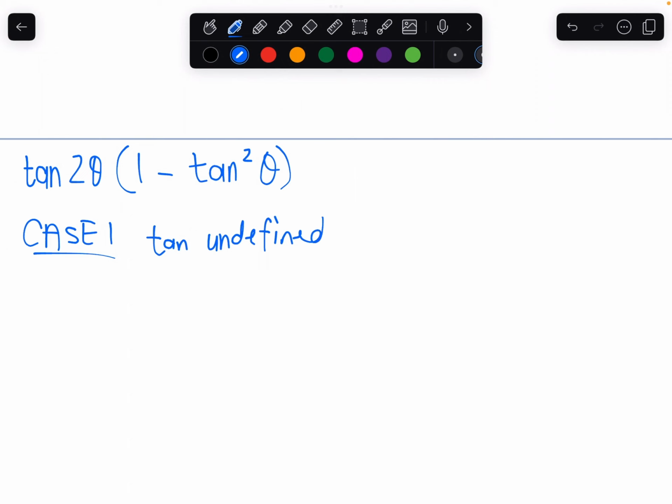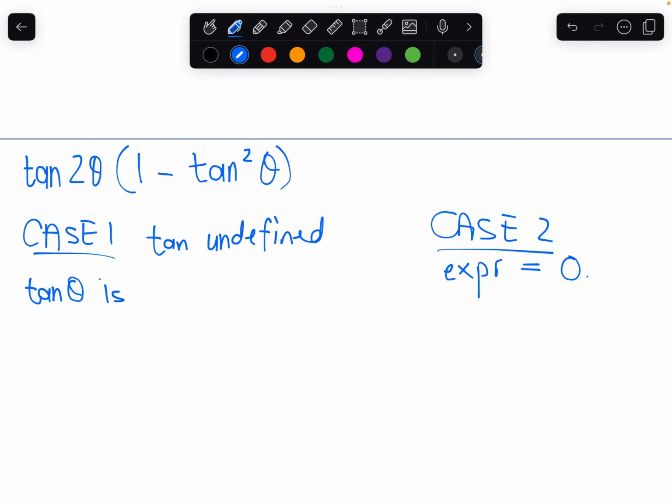Okay, and then we'll look at case 2, which is the expression being equal to 0. Right, so tan we're going to look at in 2 parts, because like I said, we have tan of 2 theta, which behaves a bit differently to tan of theta. So tan theta is undefined